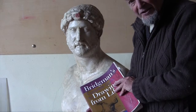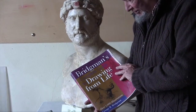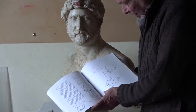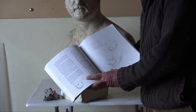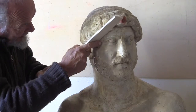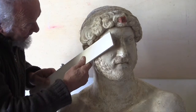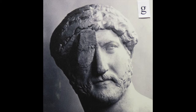Artists have always recognized the geometric quality of the head, for instance, and here's Bridgman's famous book on drawing from life. You see how he's used the geometry of the head to define the head itself. He's not using the egg, he's using geometry. One more wedge shape is cut out, where here we cut and come to the chip in the ear and cut up there. And that will give us the main outlines of the